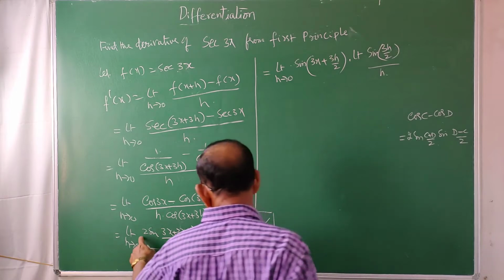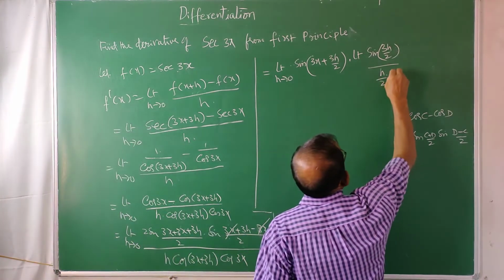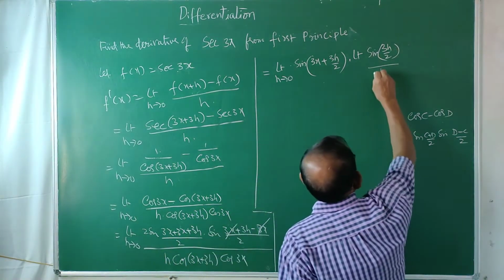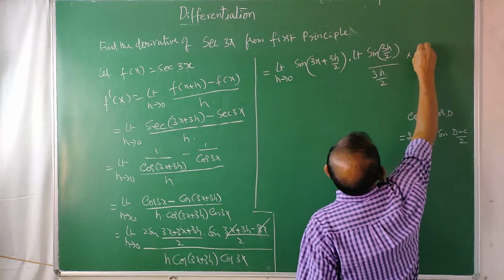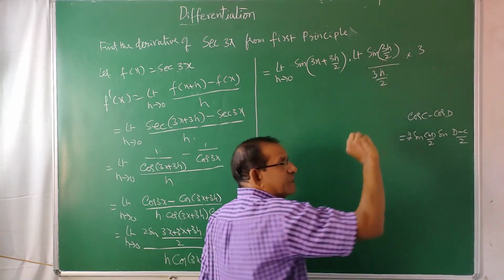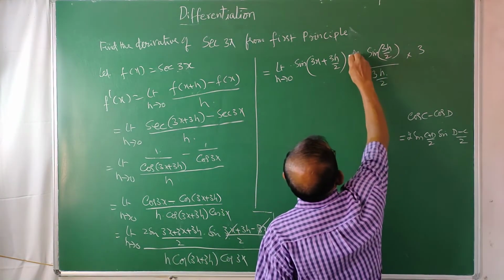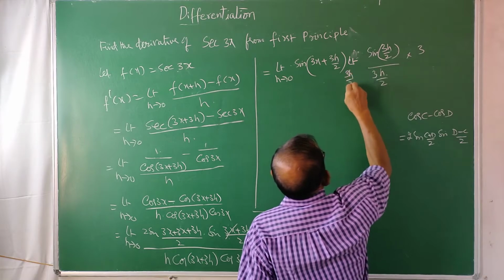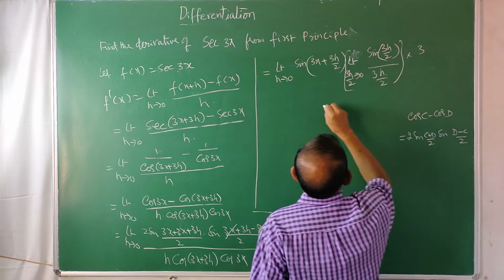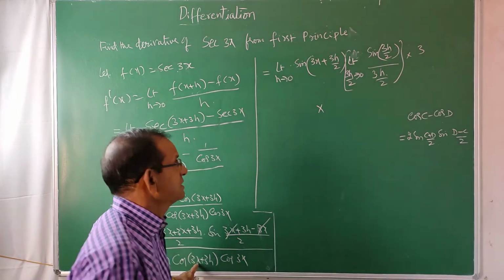Here this 2 is there, you can write this 2 under this h. But if it is 3h by 2, the denominator also should be 3h by 2. So multiply with 3 here, and here also you multiply with 3. But whenever h tends to 0, h by 2 tends to 0. So 3 into h by 2 also tends to 0. So this is a limit, 3h by 2 tends to 0, a separate limit, into 3 into these two terms which are left in the denominator still.